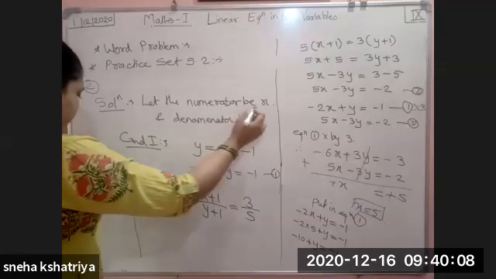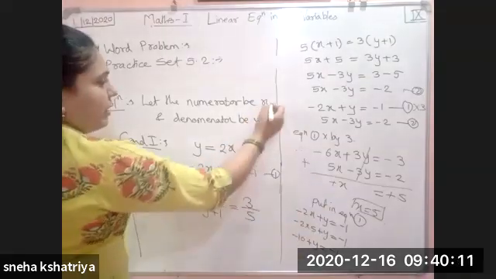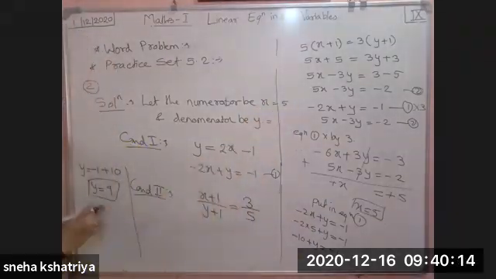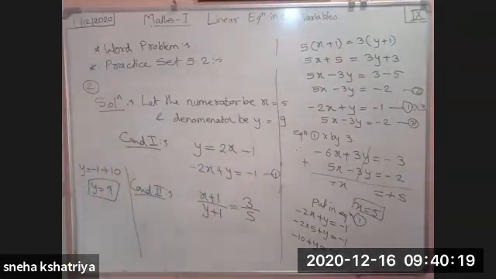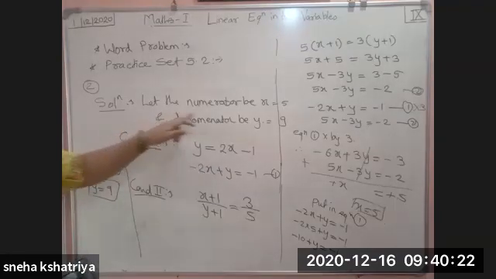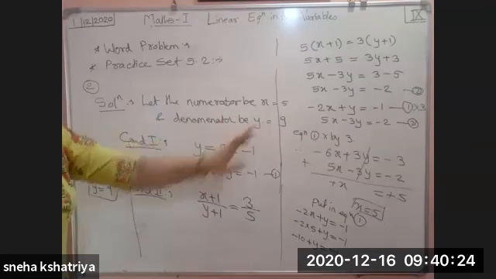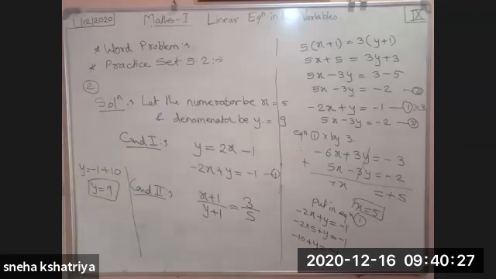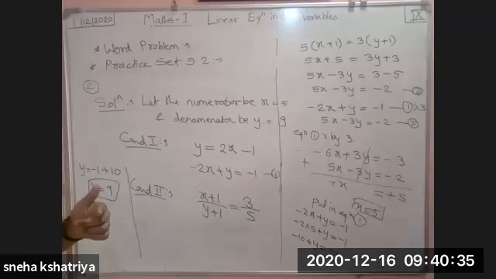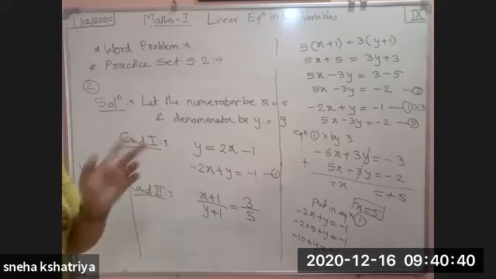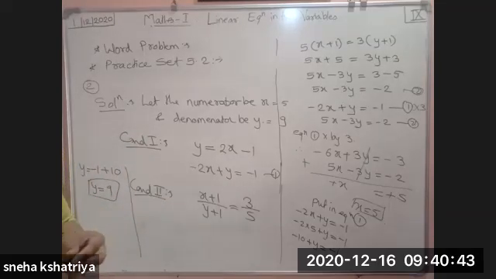Okay. So the numerator is how much? That is 5. And the denominator is what? That is 9. 5 and 9. At last we are going to write down the numerator is 5 and the denominator is 9. Okay. I hope you have understood this word problem. In next lecture we will see the remaining examples, and also we will do the revision and practice more examples so that it will become very easy for you to understand and to translate the word problem into mathematical statement.